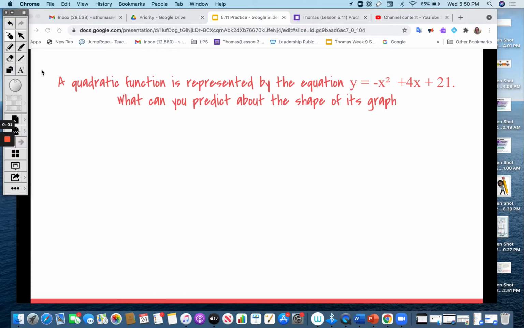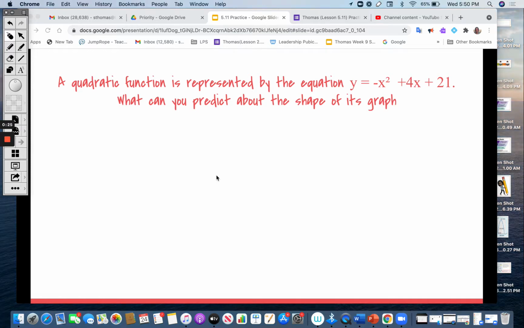All right, so this question says a quadratic function is represented by the equation y is equal to negative x squared plus 4x plus 21. What can you predict about the shape of the graph? So when we think about it, here are a couple of things that we know to be true about the